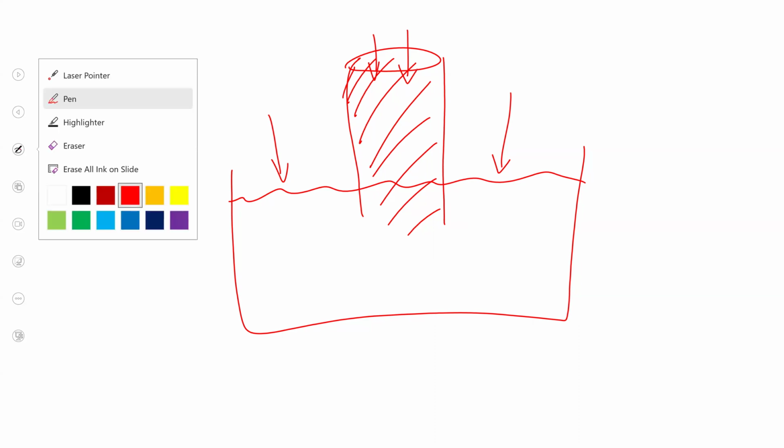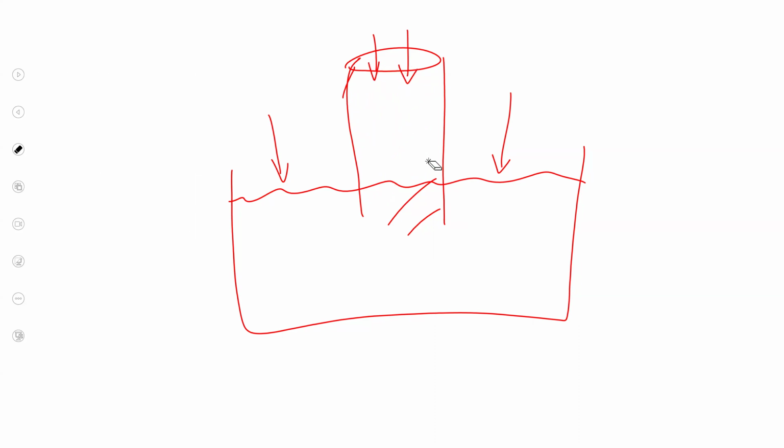So instead, you get something that looks like this, where the height where it stops rising is based on how many gas molecules you have pushing down on the surface here. The problem is this height, if you use water, because of water's density, has to be about 30 feet. You have to get about 30 feet above the surface of the water before this stops happening, which is why